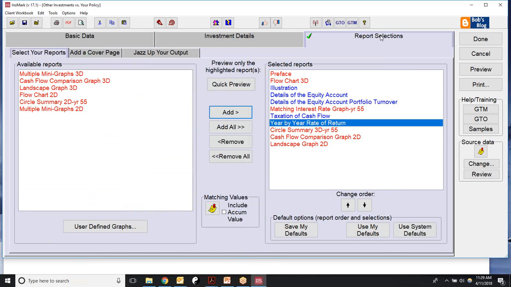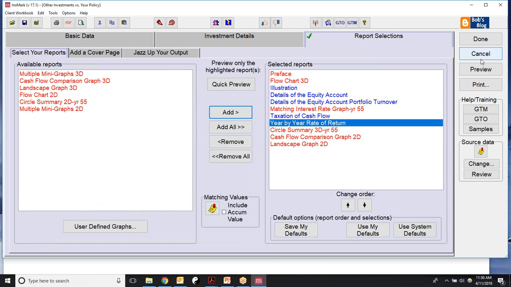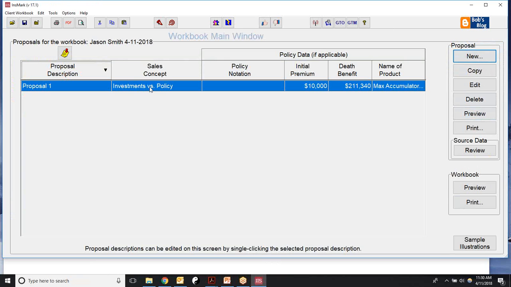So we were here, and we were here. And to customize the cover page, you click here, okay? And then you go back here, and then you can preview and click on Done to save. Now you've got the first proposal done, okay? That is an investment versus your policy. Now you can add another proposal,